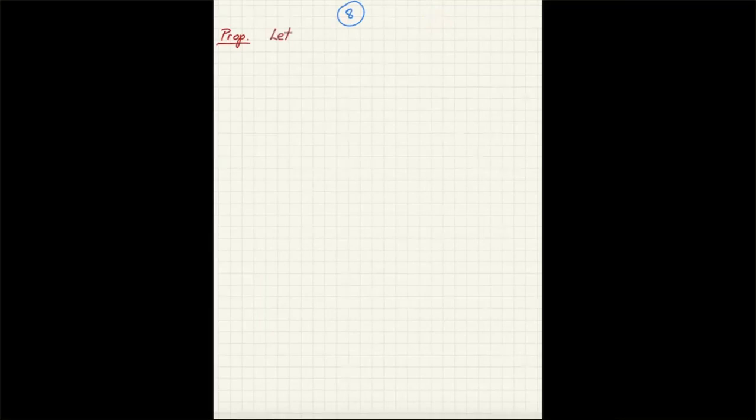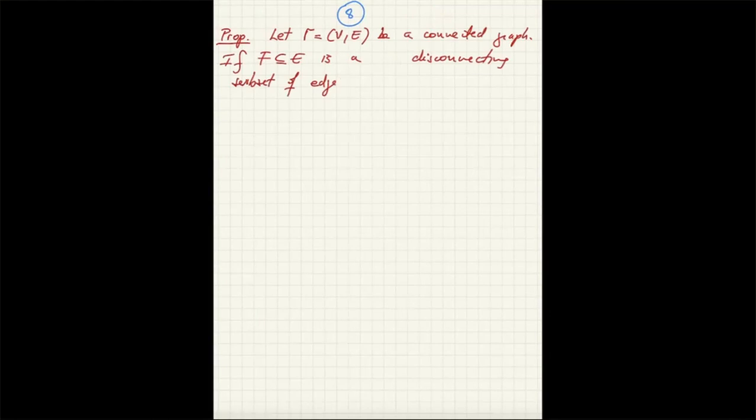If gamma is a connected graph, and if F is a disconnecting subset of edges, and in addition, we want it to be minimal, so no subset of it has this property,